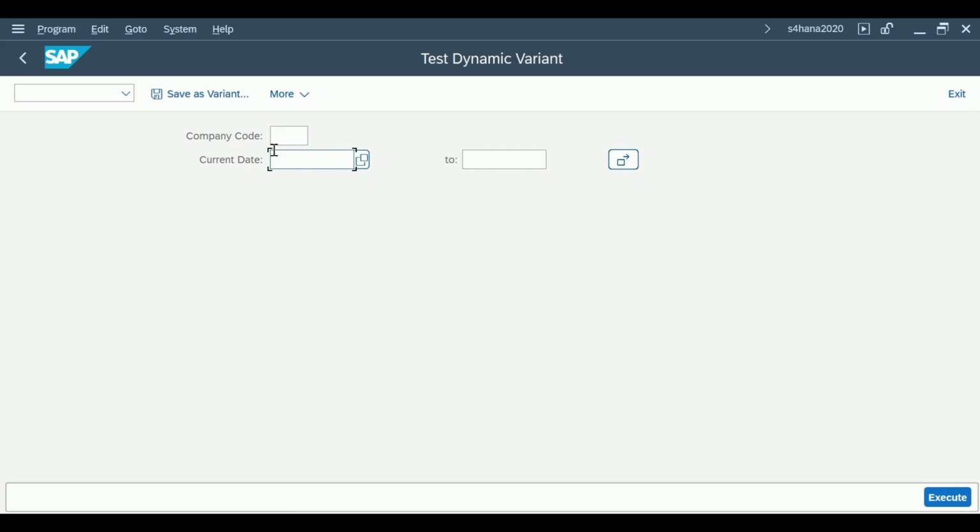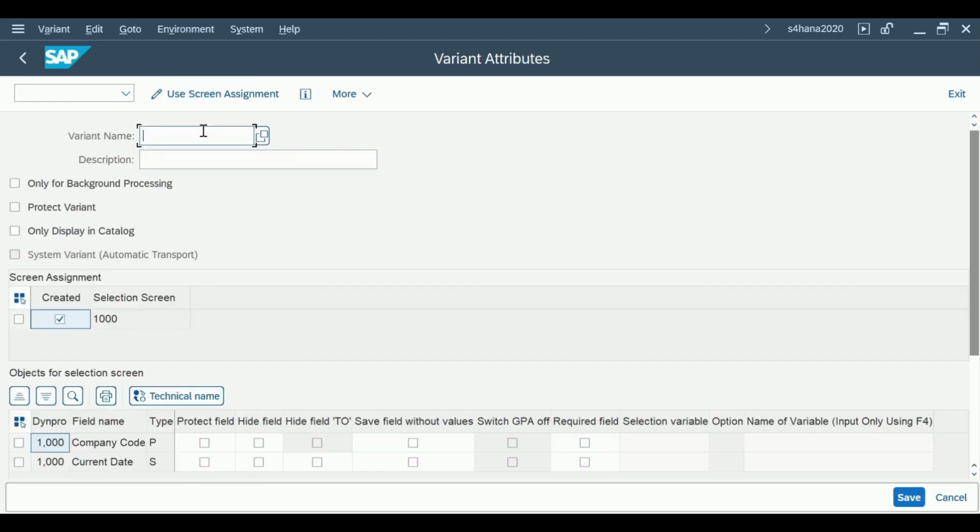Okay. So as you know, this is the selection screen, many of you must be knowing. To save the selection screen variants, we have a button called save as variant. So I may pass a value here. Let's say I'll pass the value for date as this one. Let's say this is the date I'm passing, and I'll try to save this variant. Okay, I'll pass the name to the variant, let's say dynamic variant, or give a description as well, such as